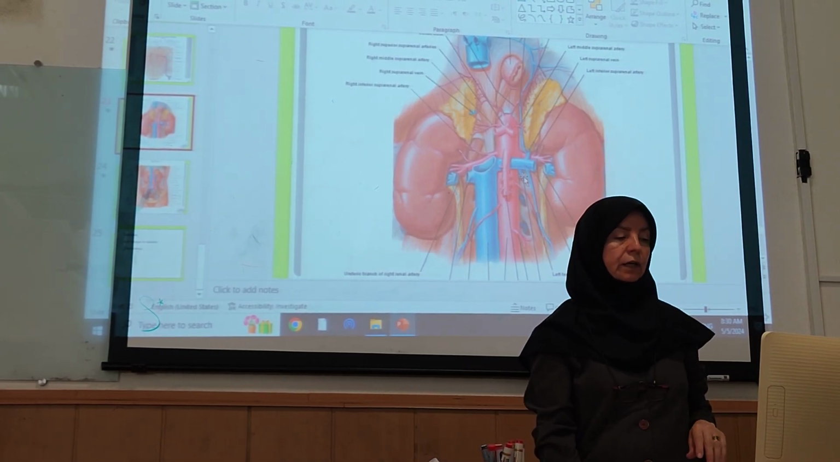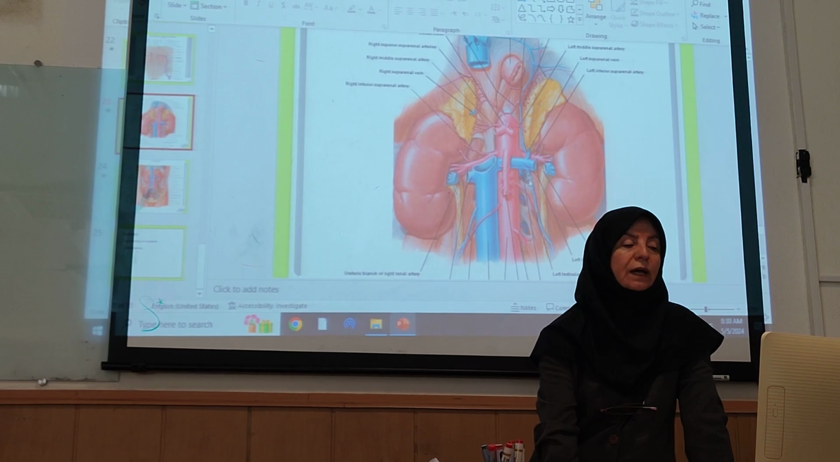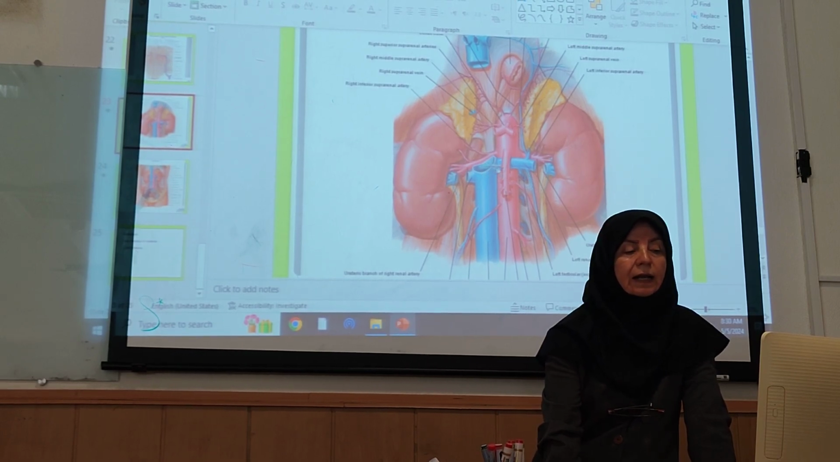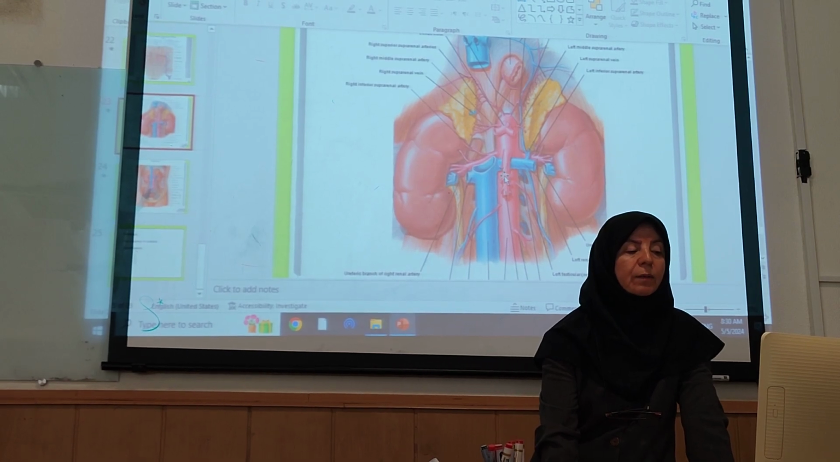And here, if you notice, you can find that the left renal vein and the right renal vein, both of them are the anterior structure inside of the umbilicus. So never forget the anterior element inside of the